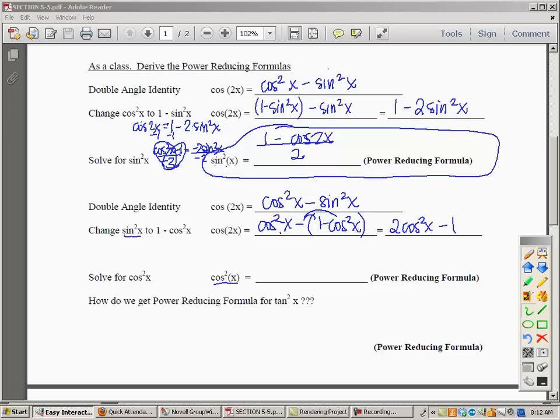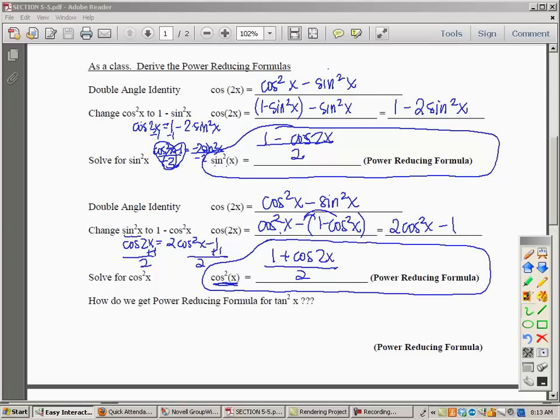We're again going to take that formula, so the cosine of a double angle equals 2 cosine squared minus 1, and our goal is to solve for the cosine squared. So I add 1, and then I divide that all by 2. I'm going to shorthand this a little bit. And what you get, and I'm going to put the 1 first, is 1 plus the double angle of cosine divided by 2. And this is what we call a power reducing formula for